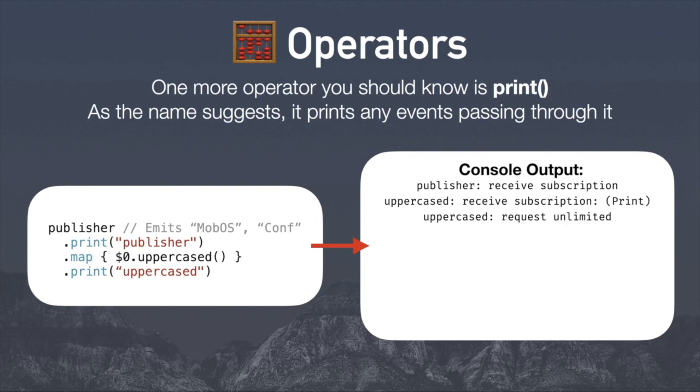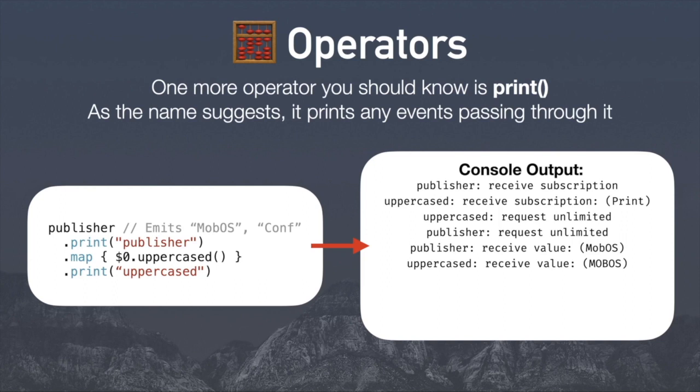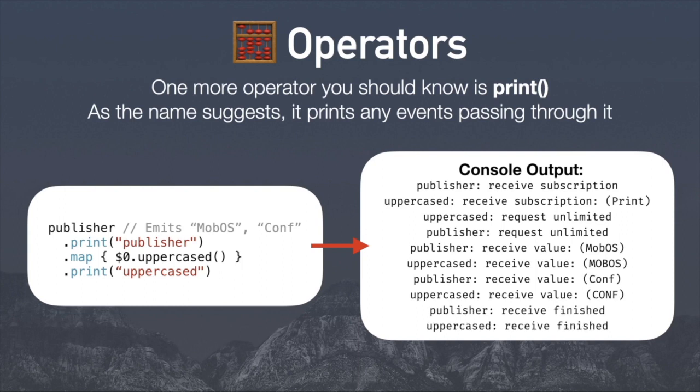This is the demand I showed you earlier. In this case, I've used a sink here, so the demand is immediately unlimited. And then we get the first value, mobos, and then we get the uppercase value. Then you get the second value, and then we get the uppercase value,